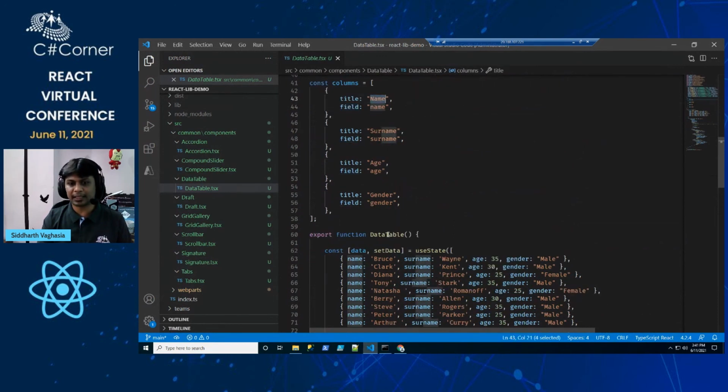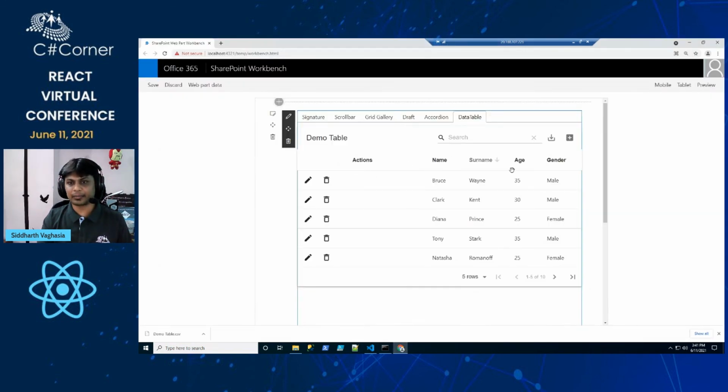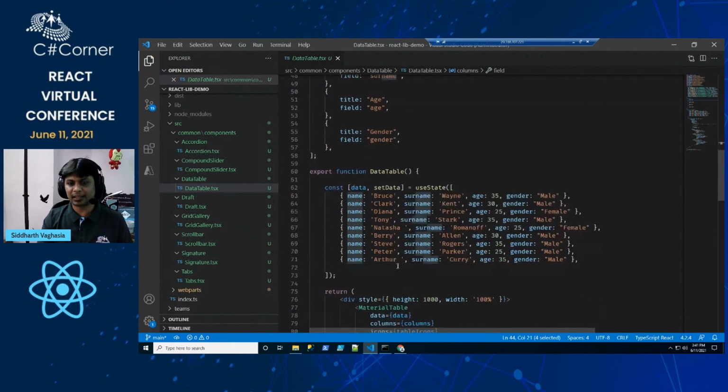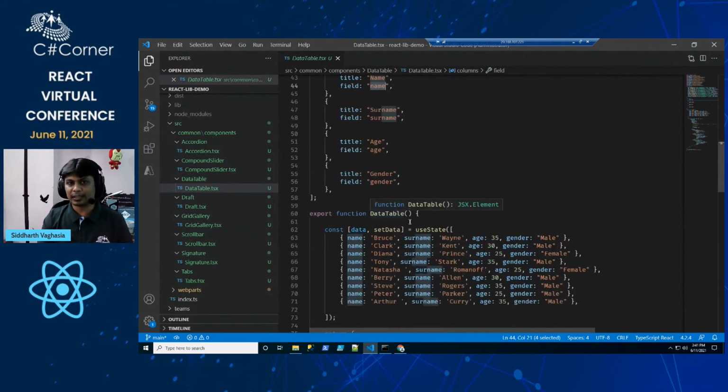So this would be the header which we are seeing: name, surname, age, and gender. Once I provide the data array, the name maps to the name field, the surname maps to the surname field, and age maps to the age field.